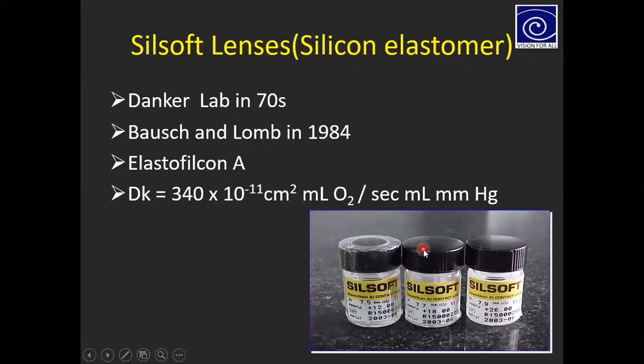But the problem is that these lenses are very costly. One lens could cost around 15-16,000. So in India, children have to change these lenses after every 1 month or 3 months, because the eye number would change after 1 or 2 months. So cost is the biggest limiting factor with these lenses. It is available in the European and Western countries, but in India it is still not available.